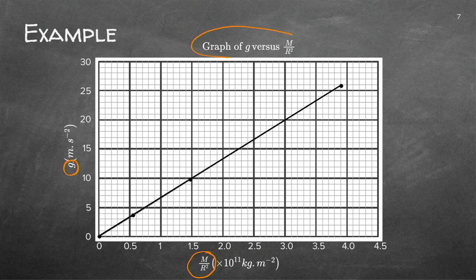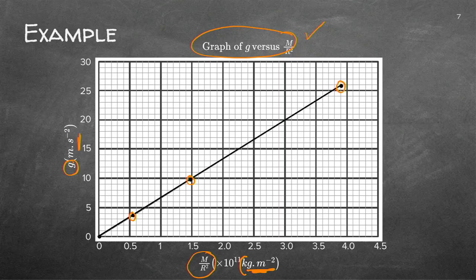See, my graph always has a title. See that it's got axes, and on the axes you'll find the two units. Do you see meter per second squared? And this one is kilogram meter to the power minus 2. So make sure that you always do this when you have to draw a graph. But luckily for you, they gave me the graph. Do you see they've got little points there, and they actually did draw a straight line.